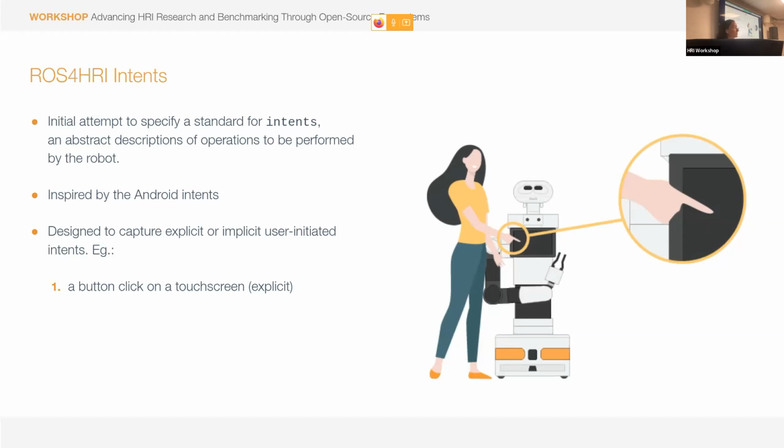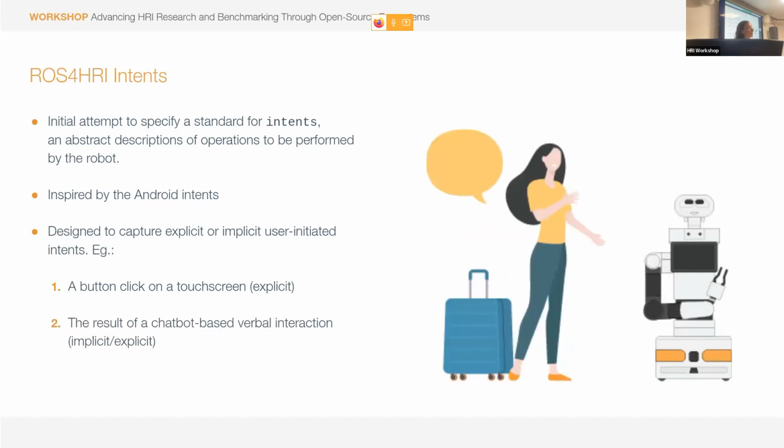So that would be a very explicit intent, when the user is explicitly telling me, I want to tell you something. You can imagine that I'm tapping you to say, hey, I'm here. Of course, we can also have other types of intent that could come through other modalities. In this case, for instance, we could have voice. The user is talking to the robot, so then we can say, okay, the user is trying to engage with me in some way, or maybe the user is just saying something out loud, and from there I can infer that the user may want something. So it can be either explicit or implicit in this sense.